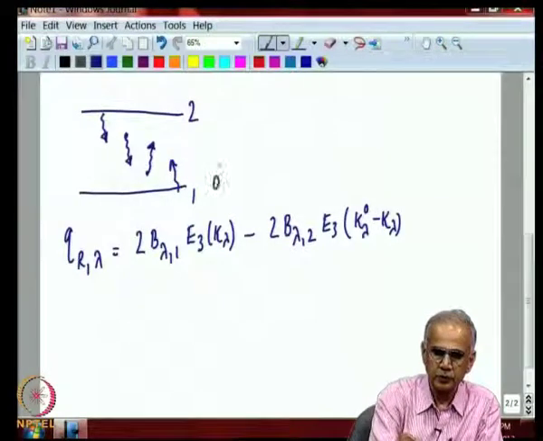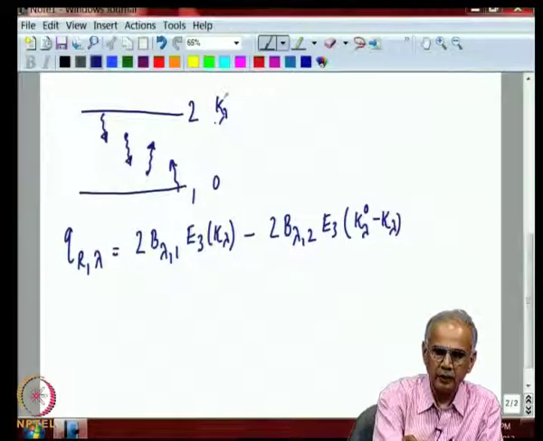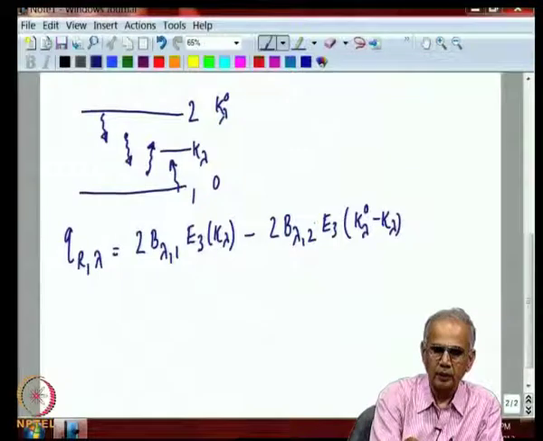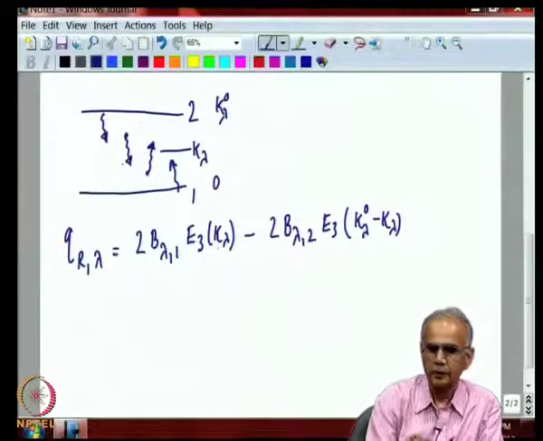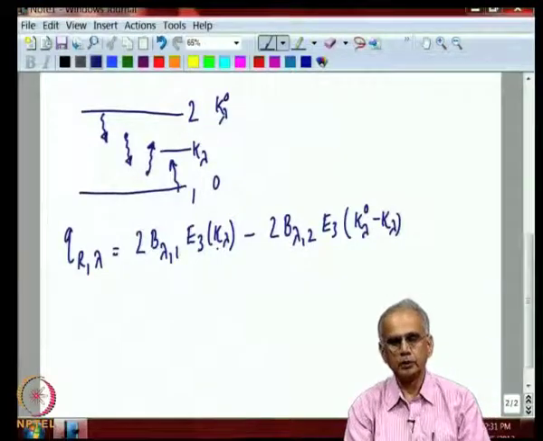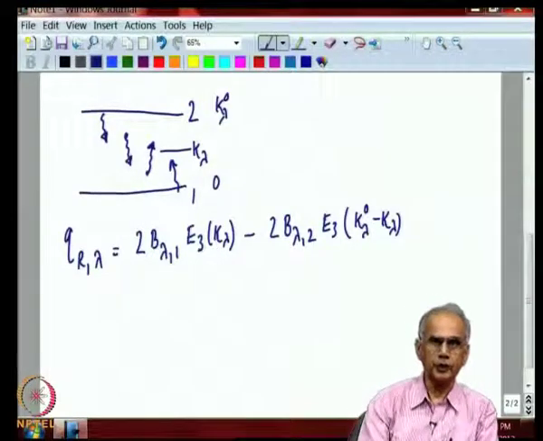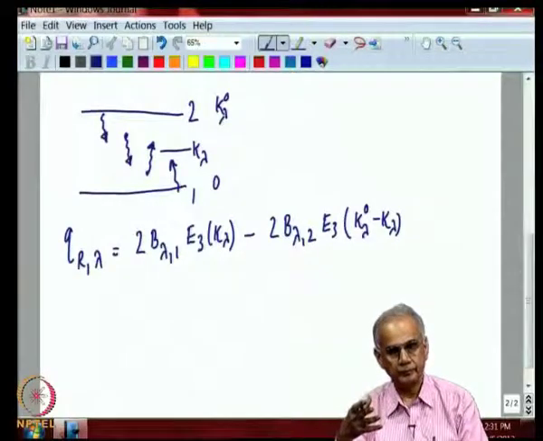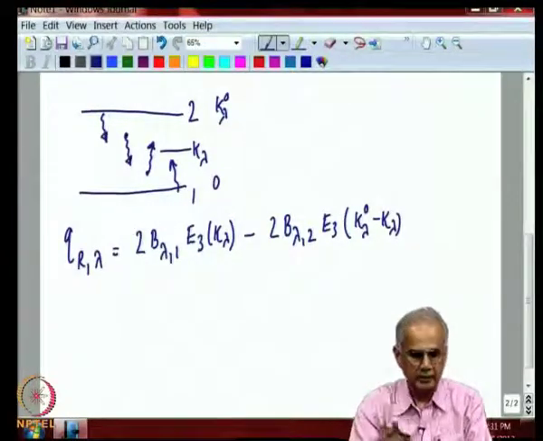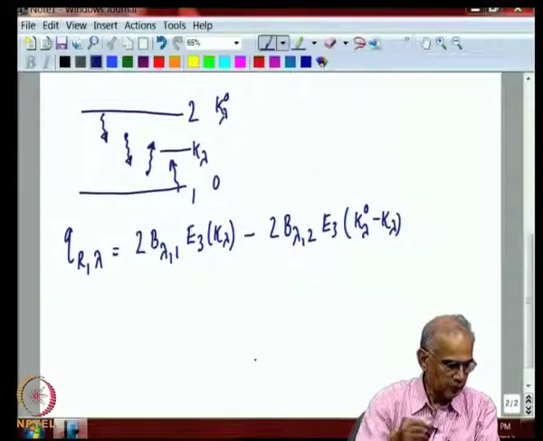So, this is 0 and this is kappa lambda 0, and any location here is kappa lambda. The distance travelled here for the second one is kappa lambda 0 minus kappa lambda, while for the rays going up it is just kappa lambda. So, these are the two terms which represent the boundary contribution from emission and reflection by the boundary, which then moves through the gas. Then there are two more terms involving gas emission.